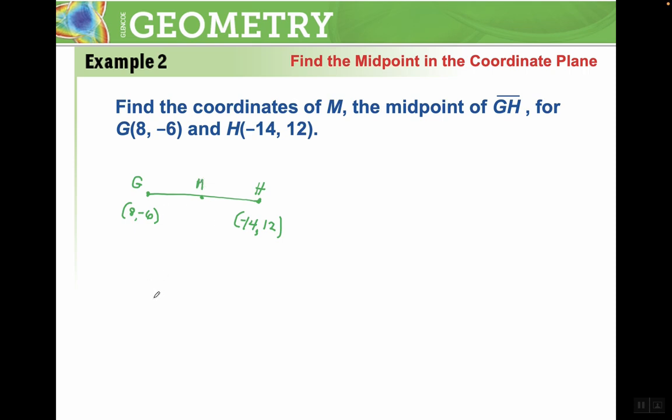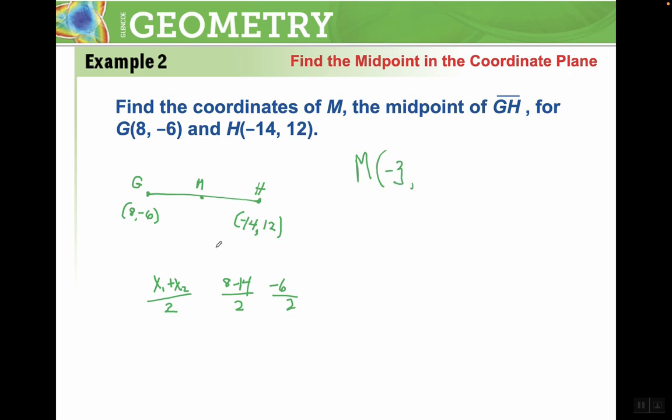Let's use the midpoint formula, which is to find your x coordinate, you're going to add up your x's and divide by 2 because that's just finding the average. It doesn't matter which order you do them in, but I have 8 plus a negative 14, which is negative 6, divide by 2, which is negative 3. So M is going to be negative 3, comma,